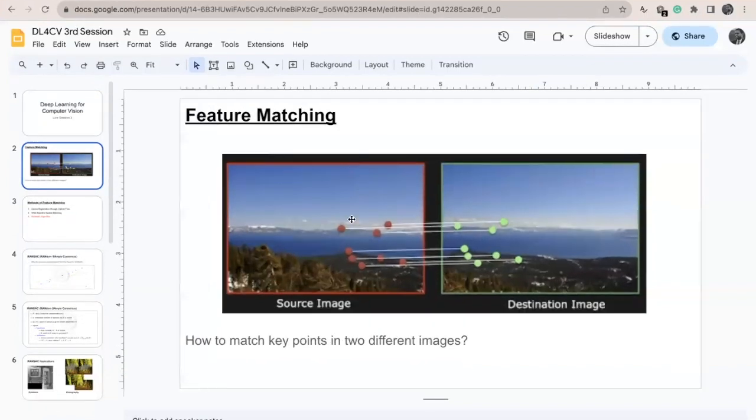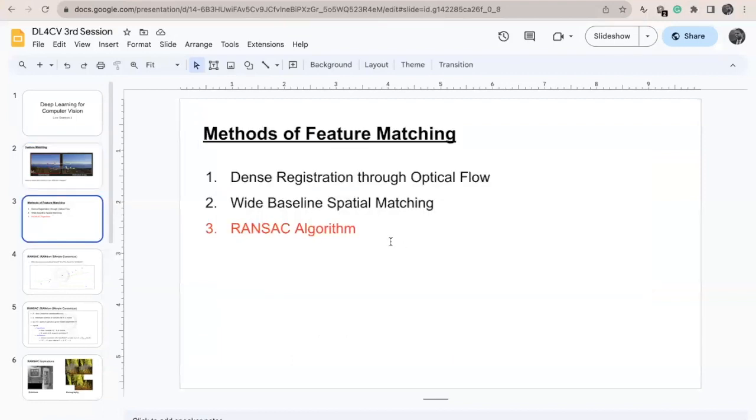But what happens is that in this sort of setting, the task is to now merge these two images. So the task is how to match key points in two different images. One way is to find the key points in this image, find the key points in that image, and match them. And if these key points are similar in the two images, we can just overlap those parts of the first image on the second image, so that we'll get a continuous and big image. So if you have followed the lectures, you must have seen